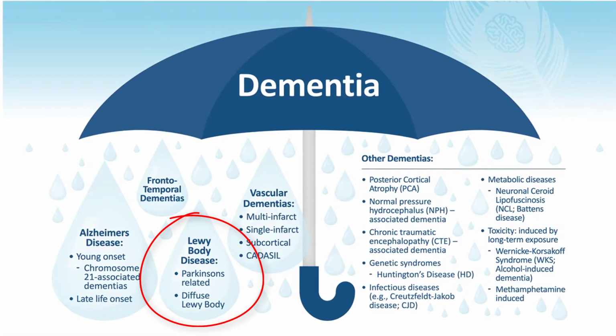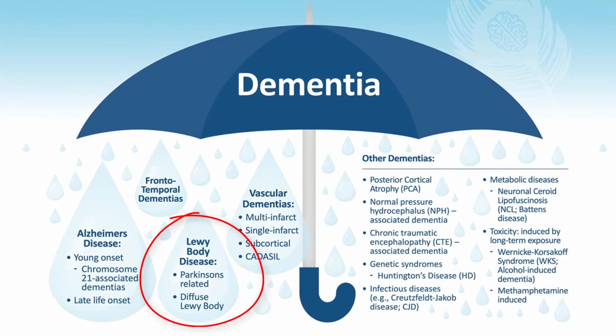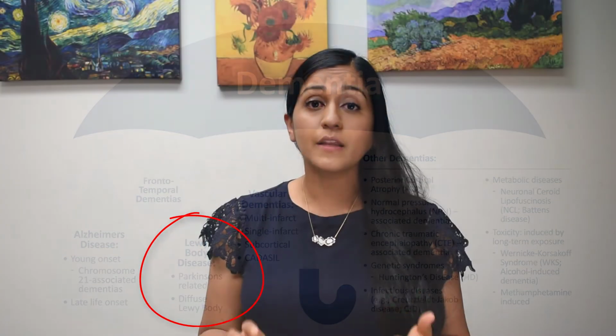The next one is dementia with Lewy body. A lot of people weren't aware of this until just a few years ago when actor Robin Williams died from dementia with Lewy body. The diagnosis with this is really based a lot on clinical symptoms, meaning what the neurologist picks up on the history as well as the physical examination, because they can have a lot of visual hallucinations, a lot of fluctuations in symptoms, and can even have Parkinson-like symptoms. The tricky part is this is not to be confused with Parkinson's with dementia, which is patients who have had Parkinson's for a long period of time and develop dementia. That's a different entity.